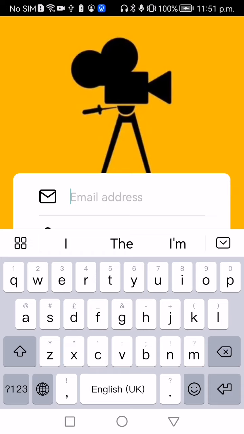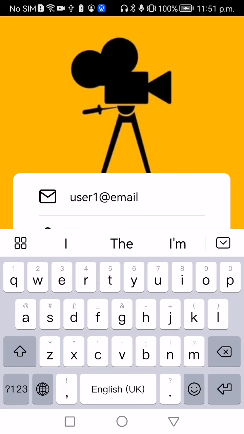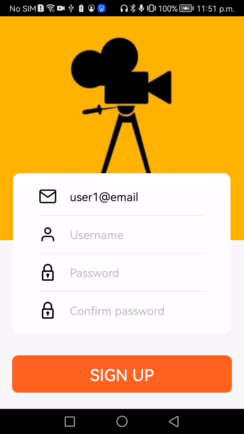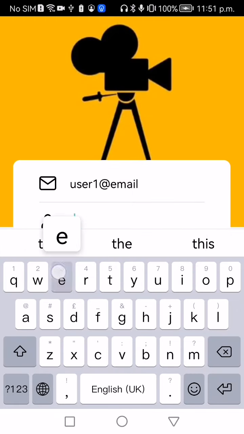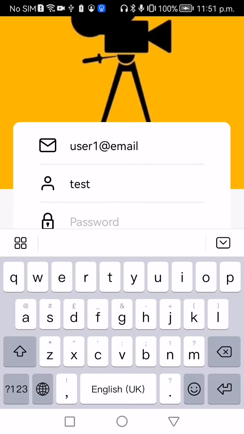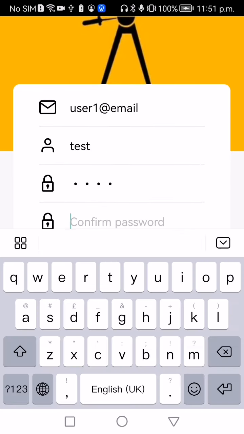If we enter a wrong email address, which is user1 at email without com, which is an invalid email address, and the username maybe test, and also password test, and confirm password test,